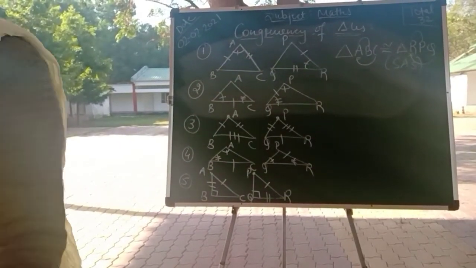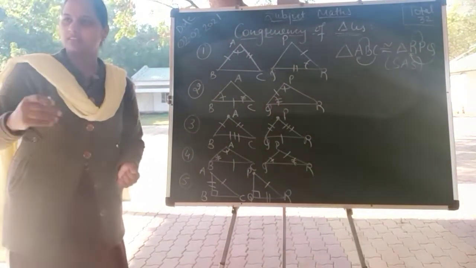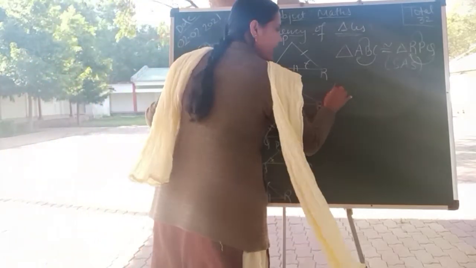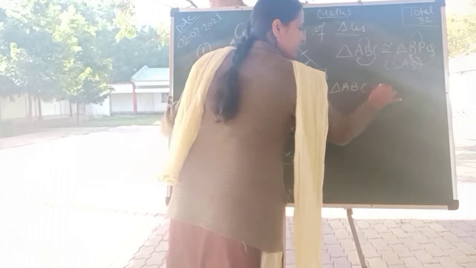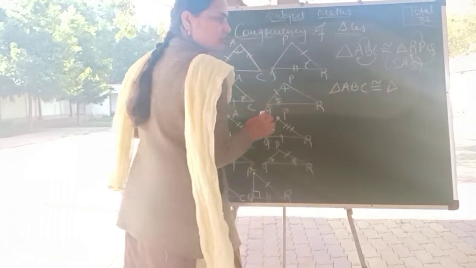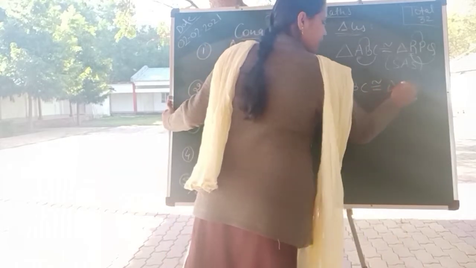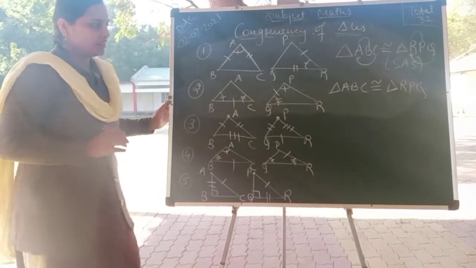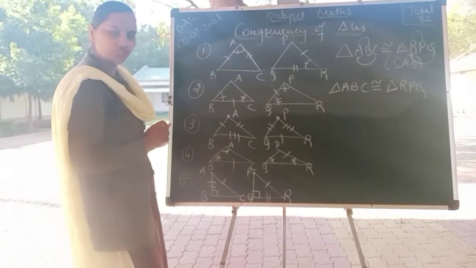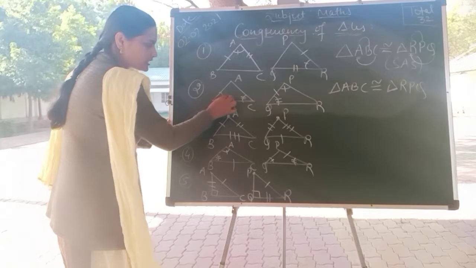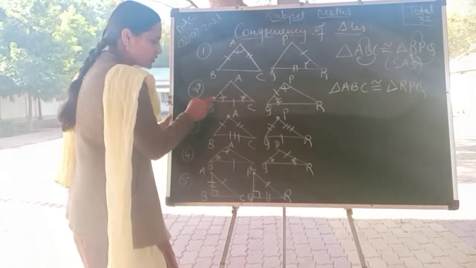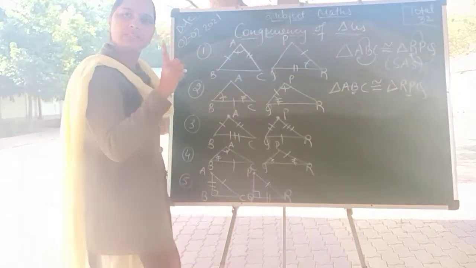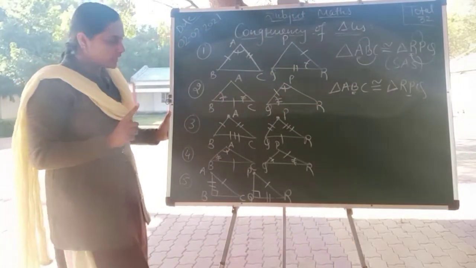Who will answer the next one? Okay. Beta, your name? Anamika. Anamika, yes. Triangle ABC is congruent to triangle RPQ. Once again RPQ we are getting. Okay, let me check. Sit down. You can answer in sitting position. Okay, here I have to check the corresponding parts. Angle B single cut, here single cut is angle P. So angle B equals angle P. So B with P. Correct. Second position. Understood?